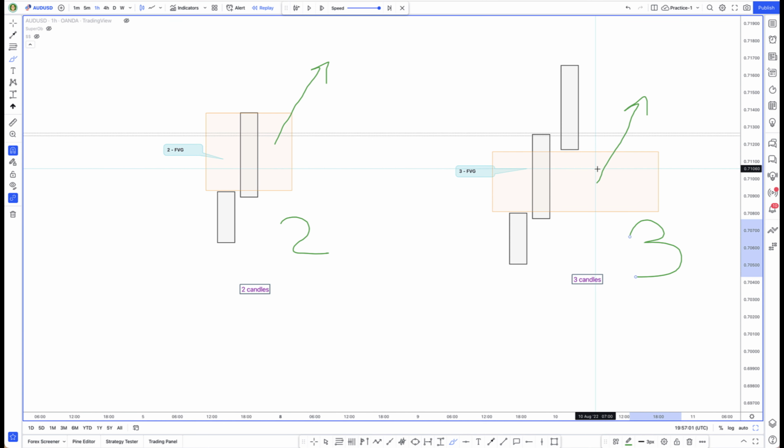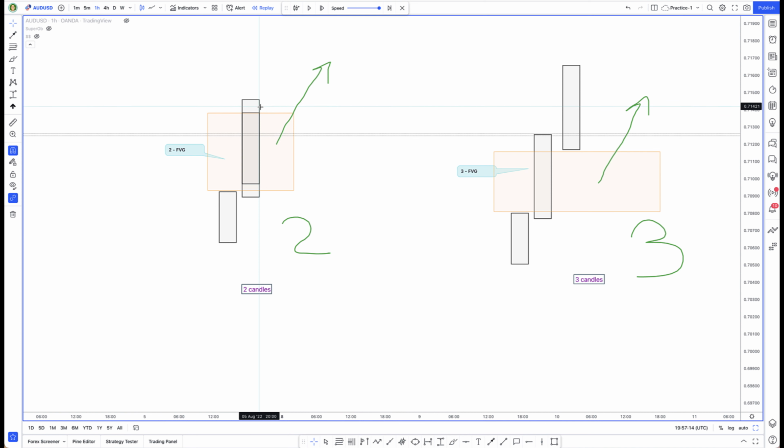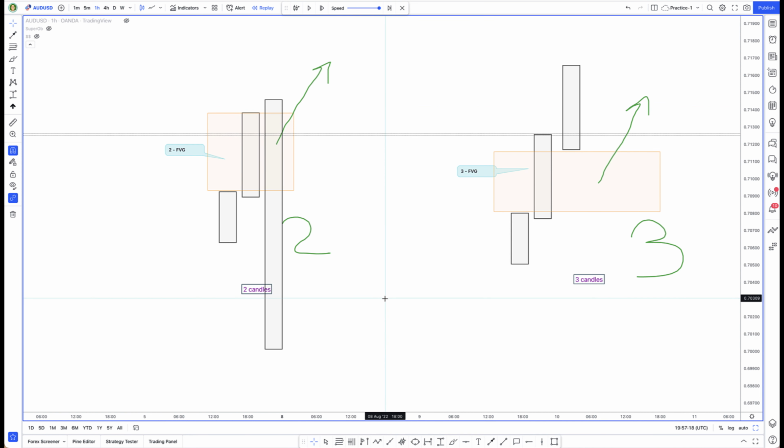But this also comes at a cost. As I said earlier, if this was bullish price action, nothing stops price from completely reversing from here